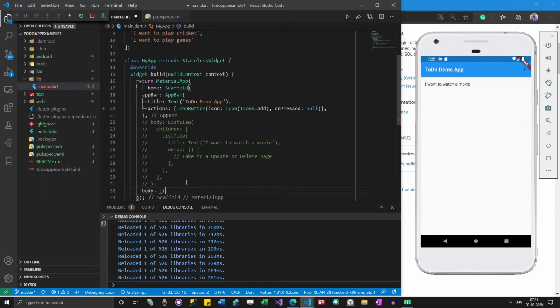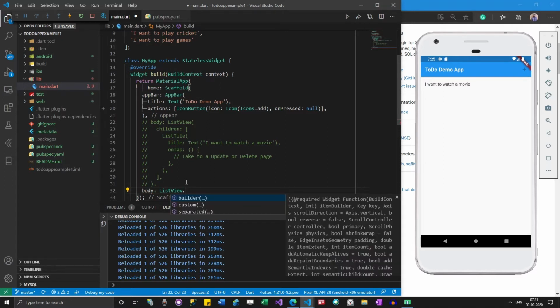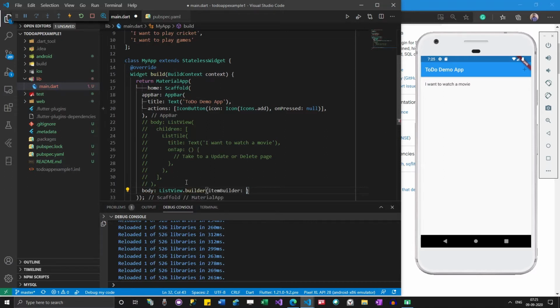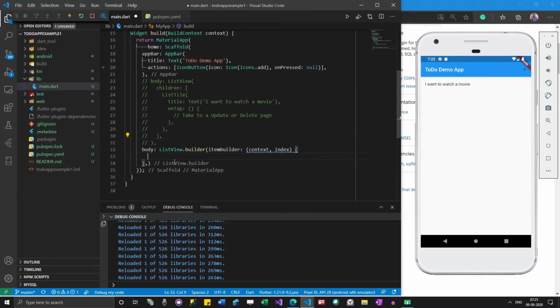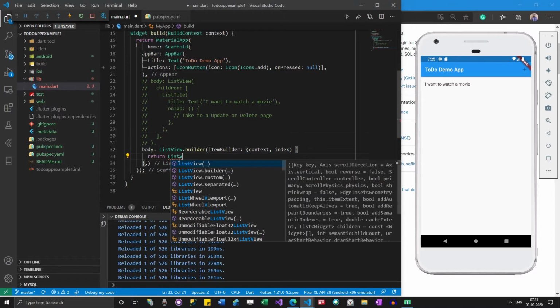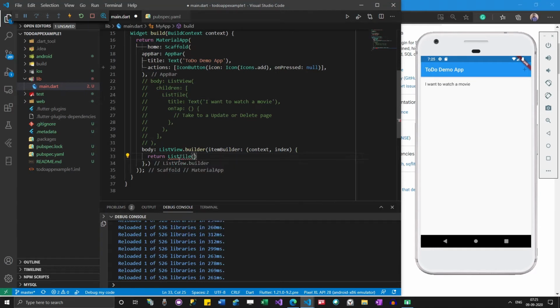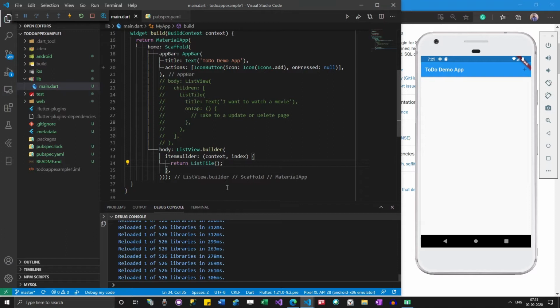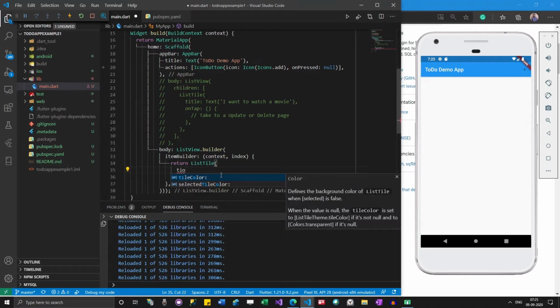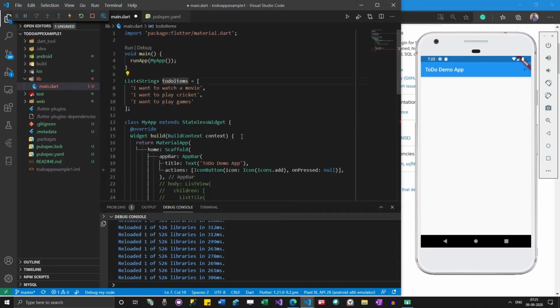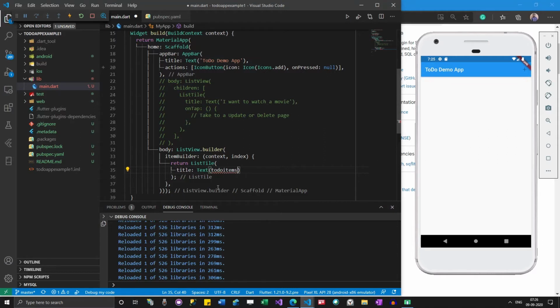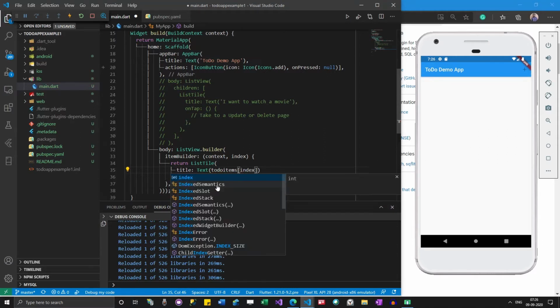I am going to use ListView.builder, which takes an index and returns a list type: toDoItems of index.